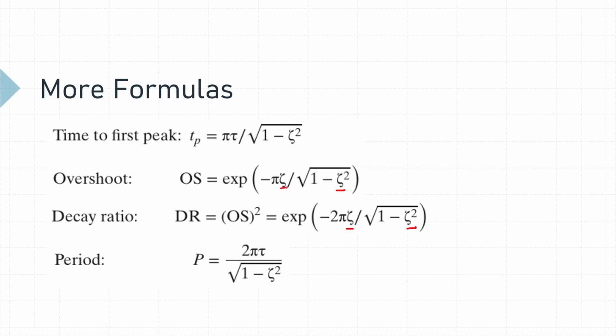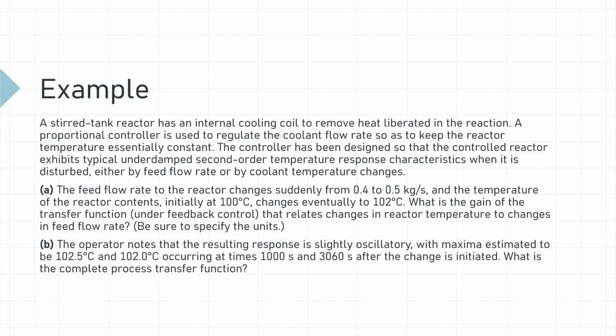Okay? And for a second order system, the decay ratio is constant for each successive pair of peaks. So this is better shown on how dependent we are of overshoot and decay ratio on the damping coefficient. That's shown in the previous slide. So let's say, for example, we have this one. Okay, this is quite a handful, so let's try to take this one slowly.